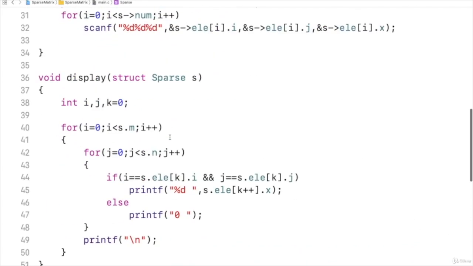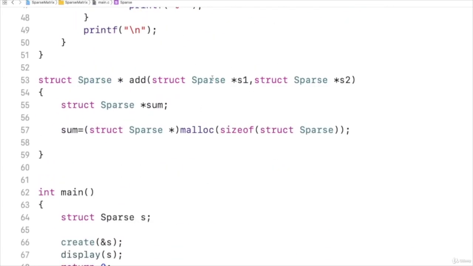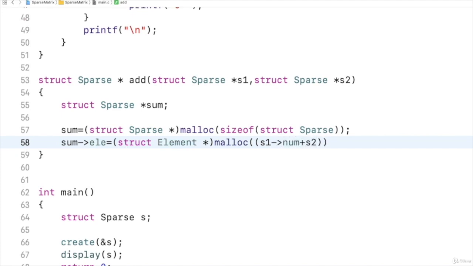So after adding, total how many elements may be there? At most, the number of elements will be equal to the number of elements in S1 and the number of elements in S2. So for that, I should create an array of elements. So sum's element should be assigned with an array of type element. So struct element pointer and malloc function, and the number of elements, as I said, may be at most S1's number of elements plus S2's number of elements, and this should be multiplied with the size of a structure element. So size of